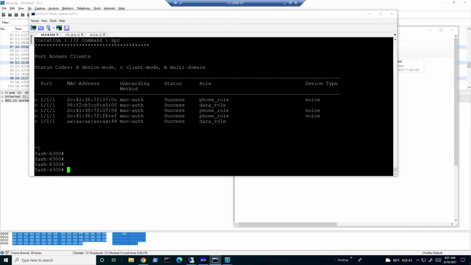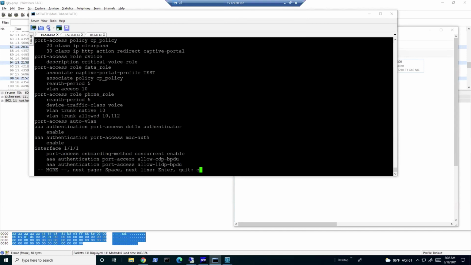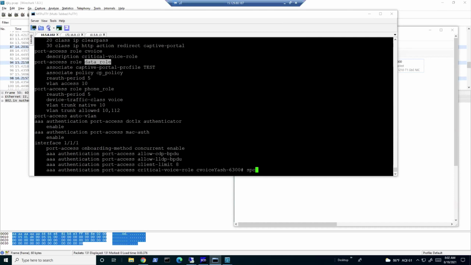The flow of this is, we'll first go through all these clients and watch the roles we have. These are all having a LUR role. So let's watch both the roles. You can see here, I have a phone role and a data role. These are the 2 roles I'm using for this demo.